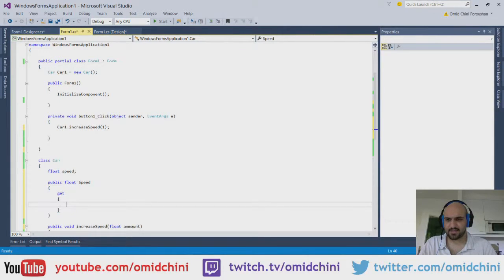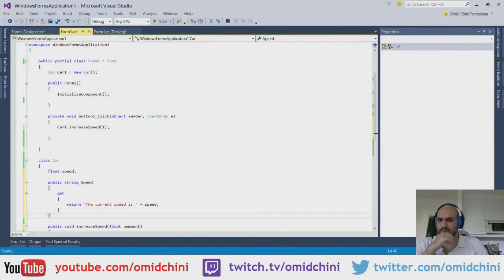Then I have the get. Okay, the get is return. Now, actually, I'm going to return that as a string. And instead of just returning a number, I'm going to return something like: return the current speed is plus speed. Okay, something like this. Then whenever I'm setting it, okay,